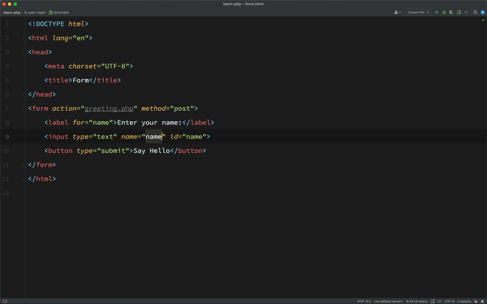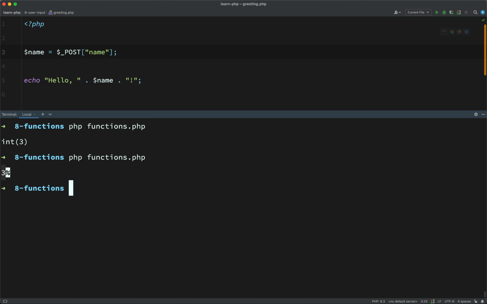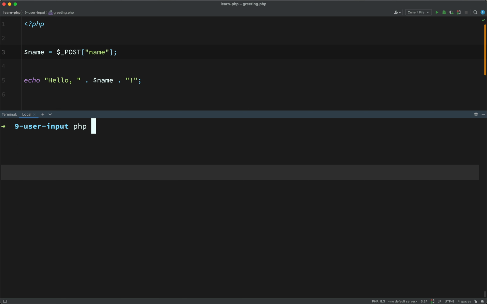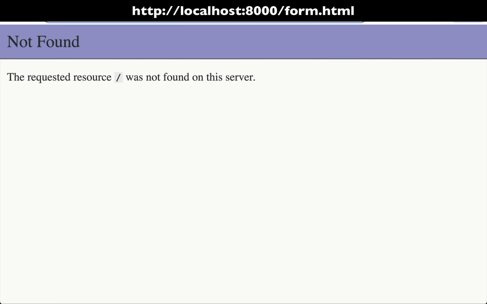Okay, so let's talk about what should happen here. We should submit this form, it will be handled by greeting.php, and then we'll be able to look into a special kind of array called the post superglobal for that key name, and we should get whichever name was submitted by the form. So in order to do this, we're going to need to have a server running. So this is one of those rare lessons where we're going to start a server. If you remember how we did this, php -S localhost, and if I go and visit that, then what I'm looking for is